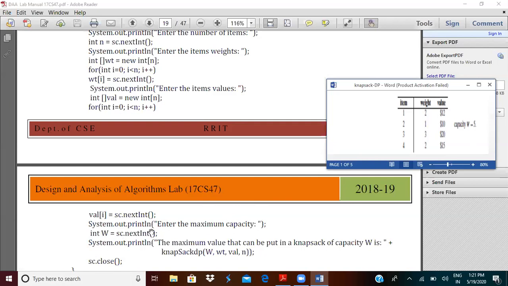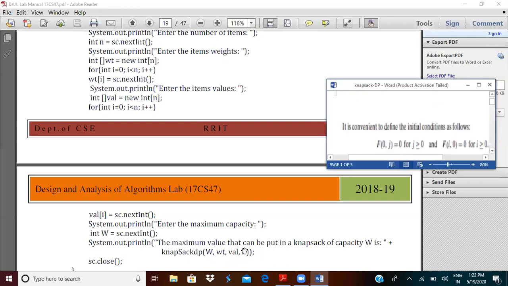Next, it is going to print system.out.println, the maximum value that can be put in a knapsack of capacity W is. This statement would be printed in the output, and this method will be called: knapsackDP of capital W, wt, val, and small n.